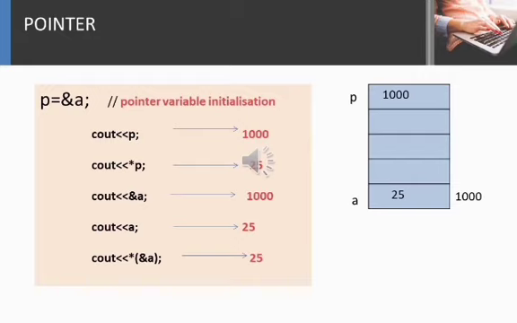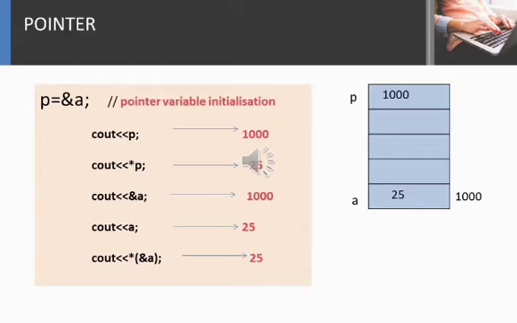And if you simply write A, what will happen? A is a normal variable, right? So it will directly return 25. Okay. And star in the bracket ampersand A means value at the particular location A. So 25 will be printed on the screen. Hope you understood this one. That's the pointer concept. Hope you all have understood the pointer concept. Now move on to the next session.